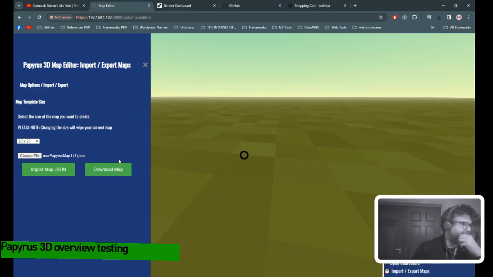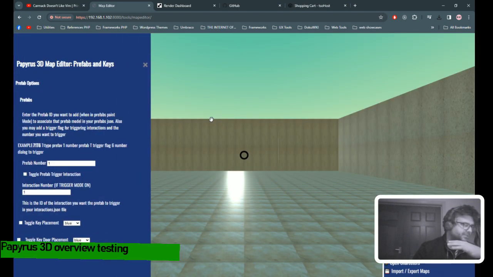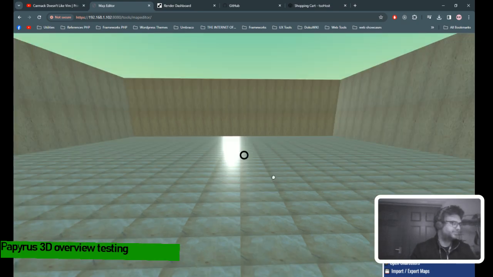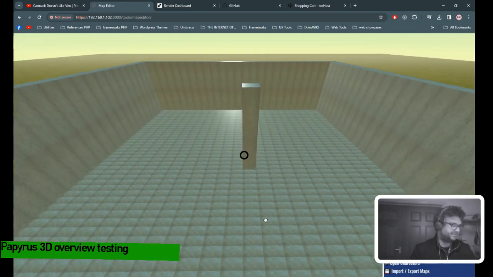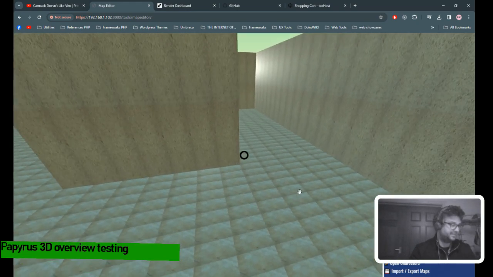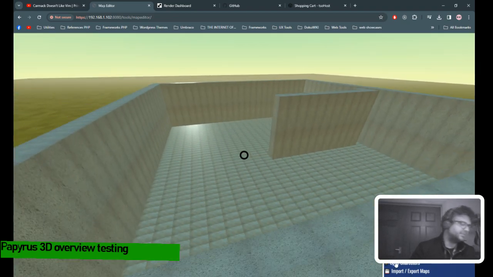Well, okay, in that case, I'll just refresh it and I'll create a new map, and then I'll just go through that process again quickly. I'll just create a very simple map so it demos and you can transition through the two scenes quite easily. Create a table because I'm just interested in seeing that.